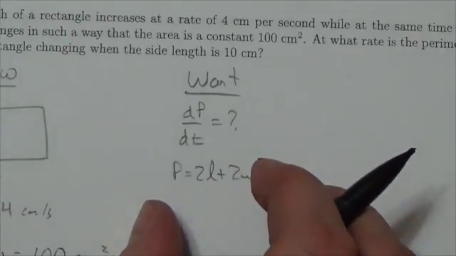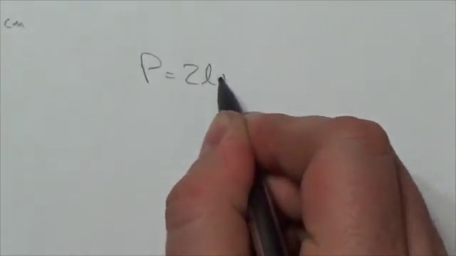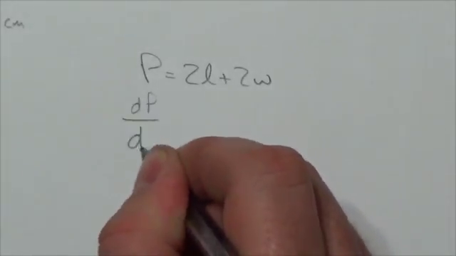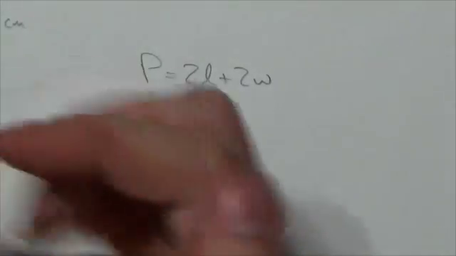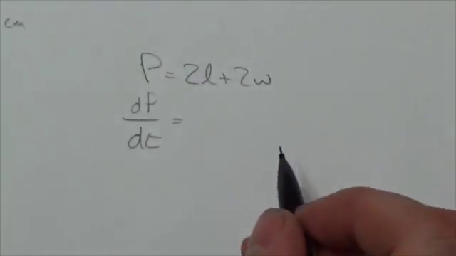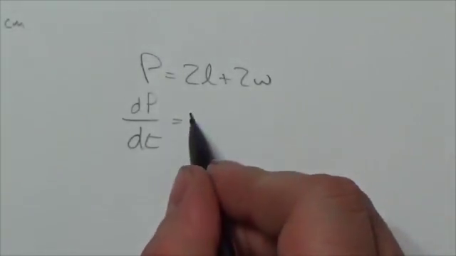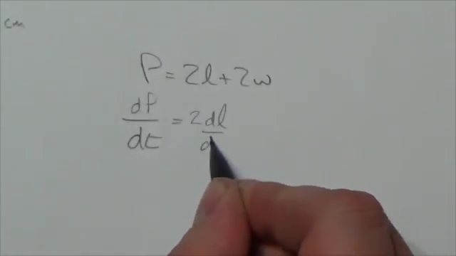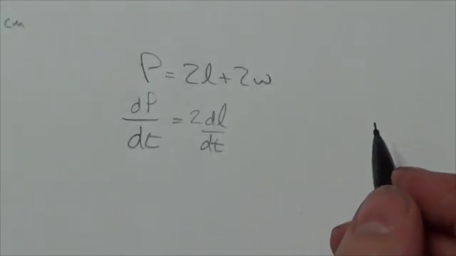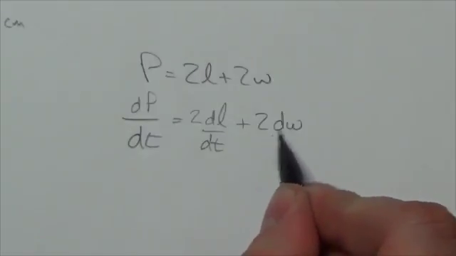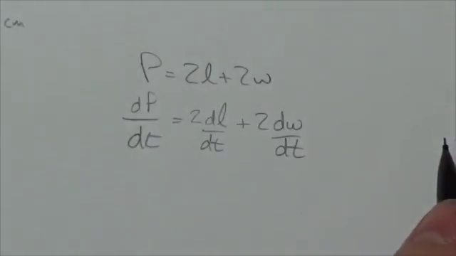So now, let's get a little bit of a handle on this. I want to know what dP/dt is. I'm going to have to take the derivative of this. So I know that the perimeter is equal to 2 length plus 2 times the width. I want dP/dt. So dP/dt is going to equal, now I've got to take this implicitly because I'm taking the derivative with respect to time, and time doesn't show up as a variable here. So the derivative of 2L will be 2 dL/dt. Now I know what dL/dt is. That was given to me in the problem. Now I'm going to get 2 dW/dt. I don't know dW/dt, but